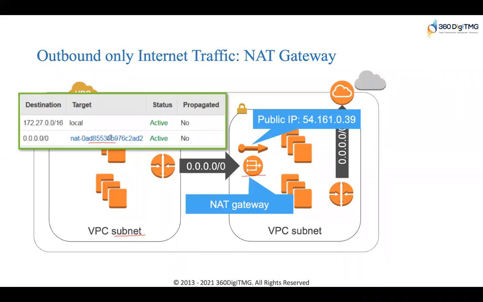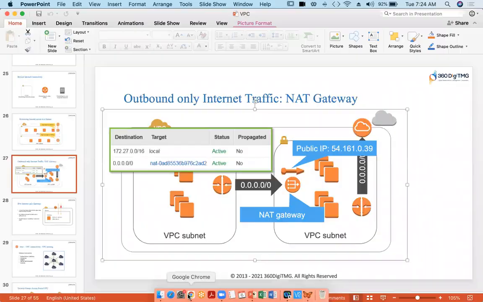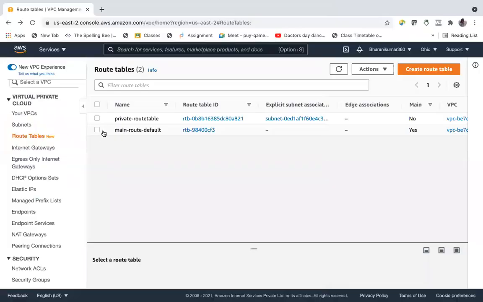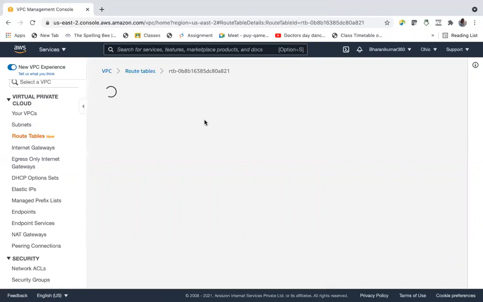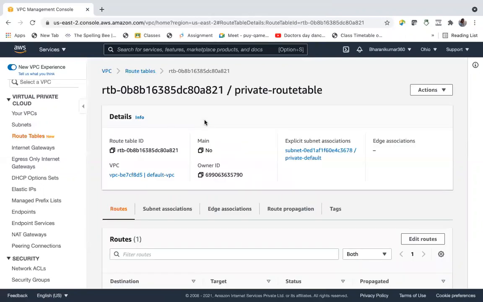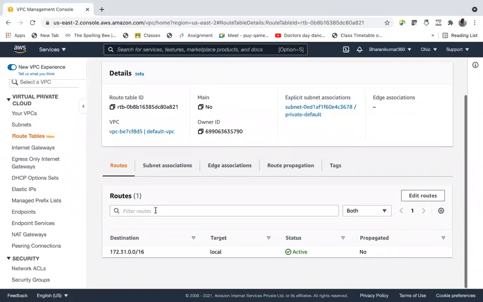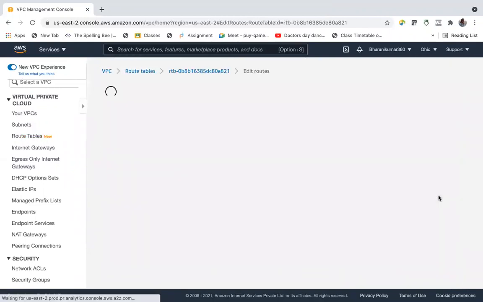So let's go and add this to the route table of the private subnet. Private route table. Edit routes.